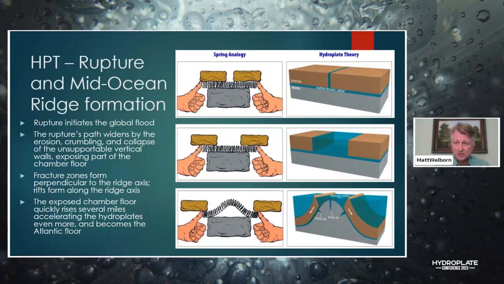So when this rupture initially happened, you can see where a crack opened up on those top two images. And I think it's interesting to note on the right-hand side of that top row of pictures, that crack is very narrow at this point. And it's spreading rapidly all around the Earth. And we'll see that a little bit later. But it's interesting to note that that crack is 60 miles deep. That's as thick as these hydroplates that are on top of the chamber.